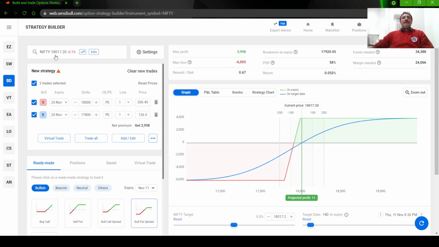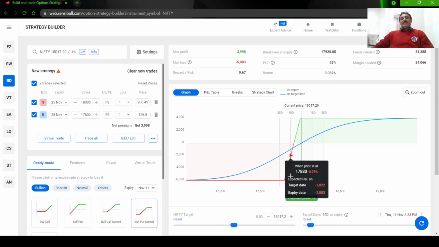Right now the market is at 18,000. So it has to go down another 80 points for us to start making loss. Okay, means we get a credit, right? Means the market needs to first consume that credit, then further when it goes down only we will make the loss. Consider that we have taken a bull put spread and the market has gone down. Tomorrow when the market opens, the market has gone to 17,900 and below. So the strategy will start giving loss.